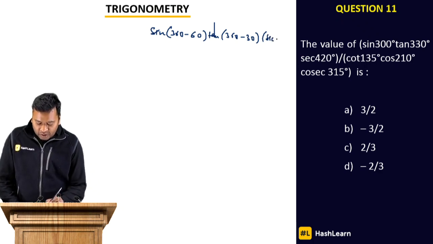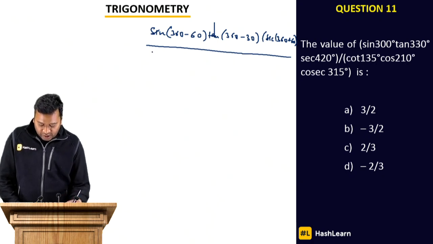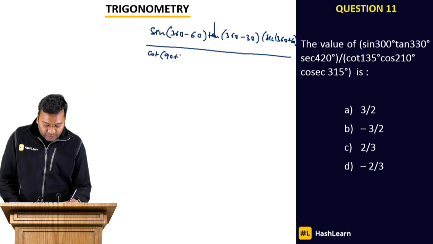That means it's nothing but sec 360 plus 60 is my format, divided by cot 135. So cot 90 plus 45 into